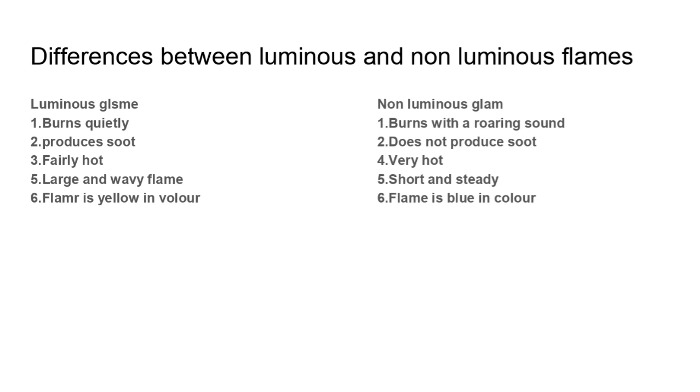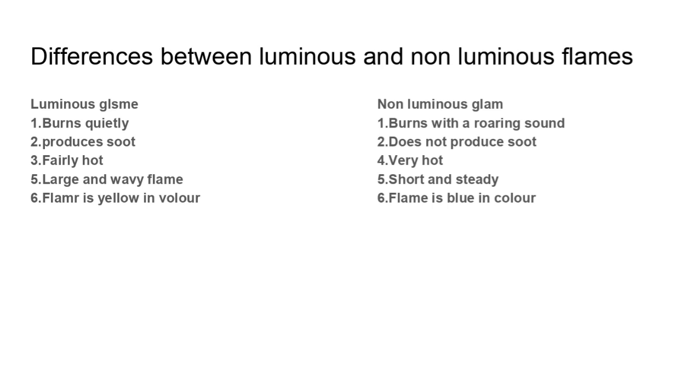That is one of the reasons why we do not use the luminous flame in the laboratory for heating, because the presence of soot will dirty the apparatus and we may not achieve our